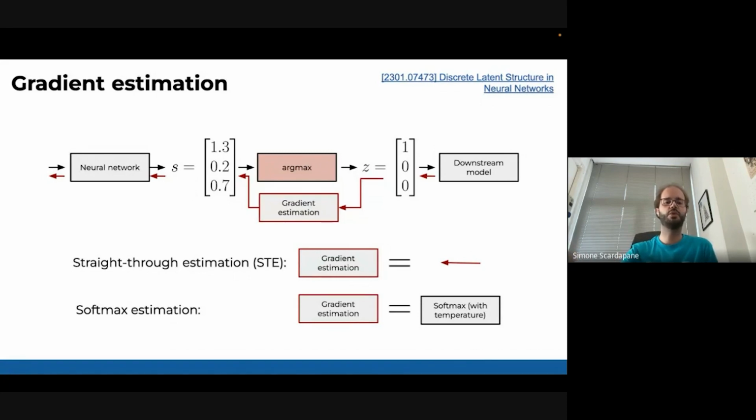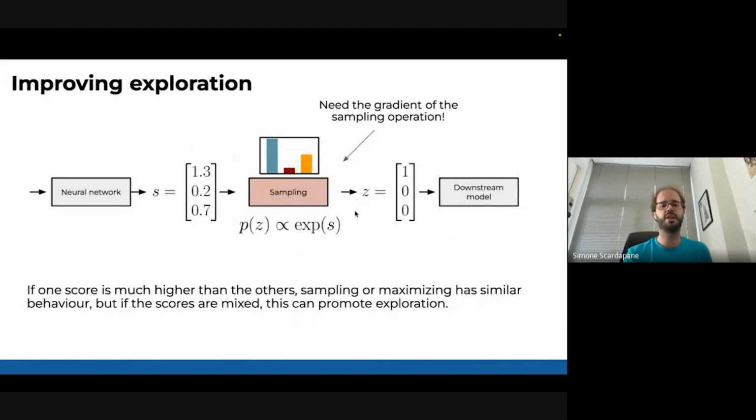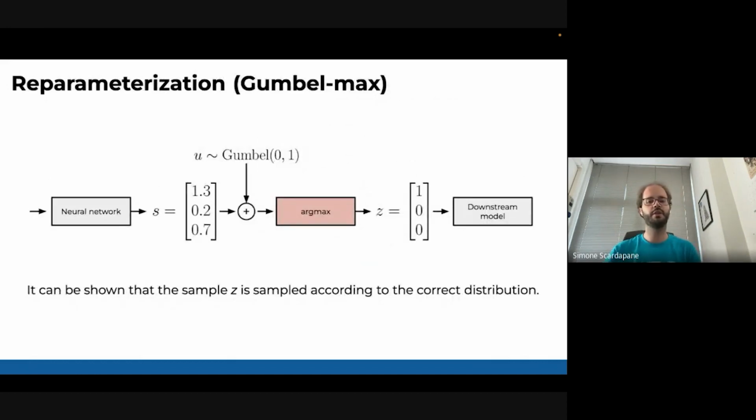If the solution is good, I will get a very high gradient and it will improve that specific value a lot. So instead of the argmax, I'd like to sample in proportion to these scores. Now I need the gradient not just of an argmax, but of a sampling operation, which looks even worse. But it turns out that it's a very small variation of what I showed you before, and this is called the